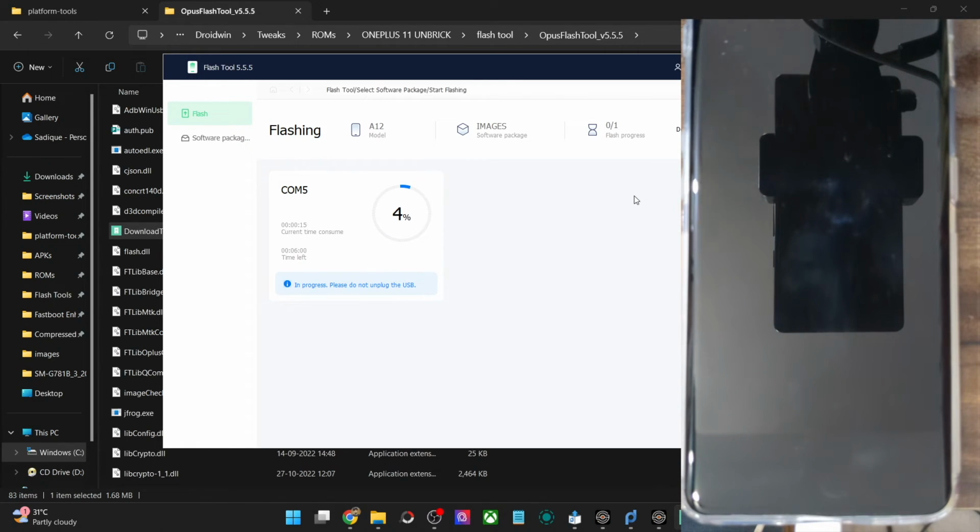As you could see, it's now increasing and it will take around 6 to 8 minutes for the flashing to complete. Just make sure that initially your phone should not be connected to Wi-Fi. As soon as you load the package and the verification is complete, hit the stop flashing button, then enable default NV, then click on start flashing.